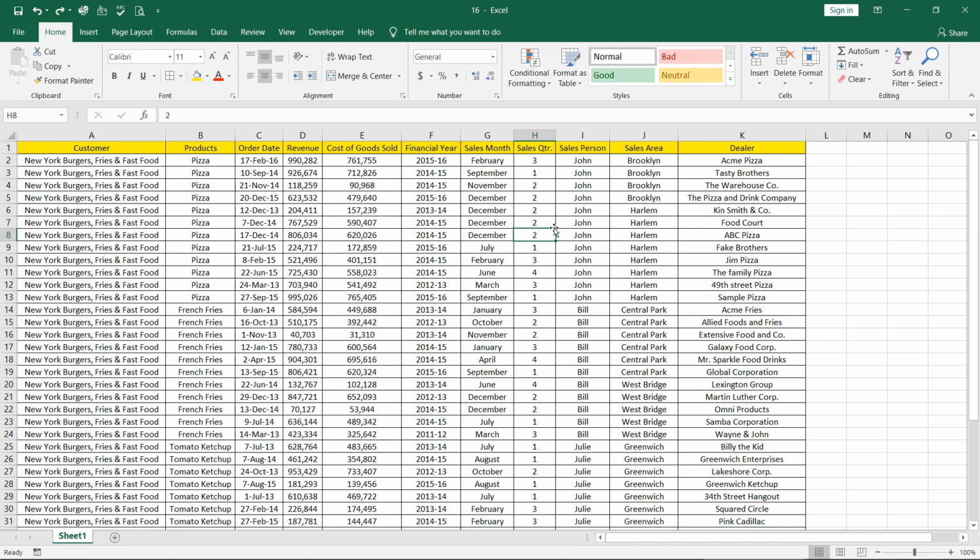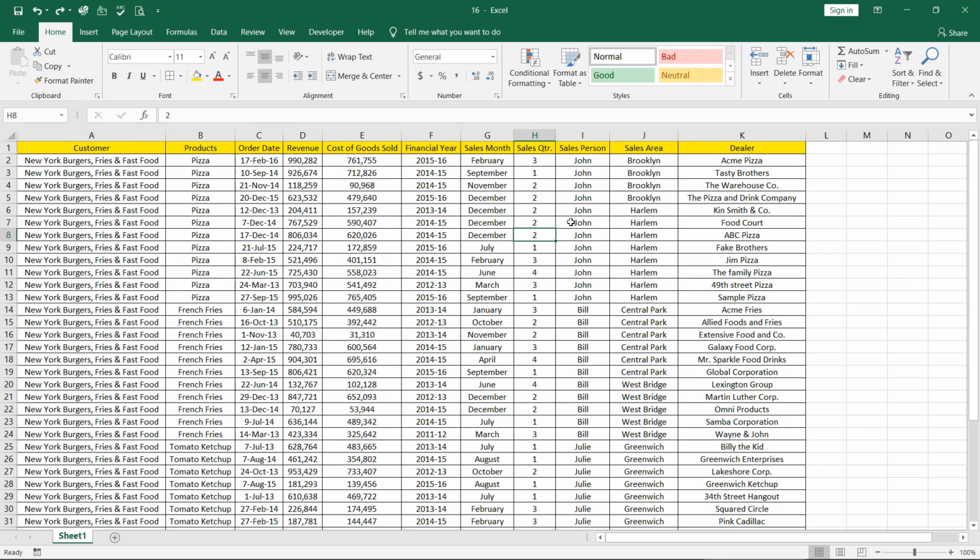Let's assume accidentally here instead of hitting 2 you hit 5, and that got accepted. Now obviously that was wrong, so what you can do is you can use data validation to restrict the